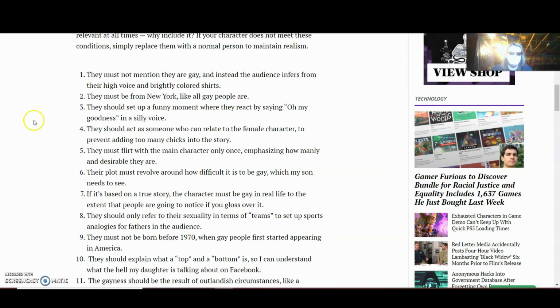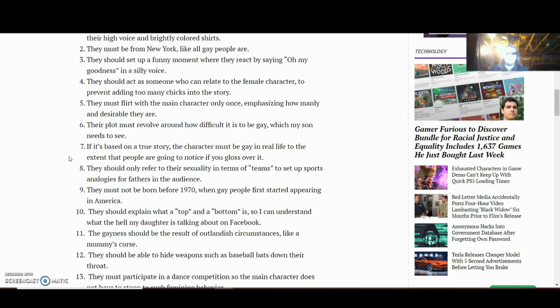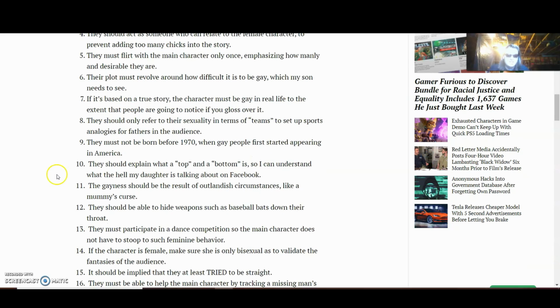Number 3, they should set up a funny moment where they react by saying, "Oh my goodness," in a silly voice. Number 4, they should act as someone who can relate to the female character to prevent adding too many chicks into the story. Number 5, they must flirt with the main character, but only once, emphasizing how manly and desirable he is. Number 6, their plot must revolve around how difficult it is to be gay, which my son needs